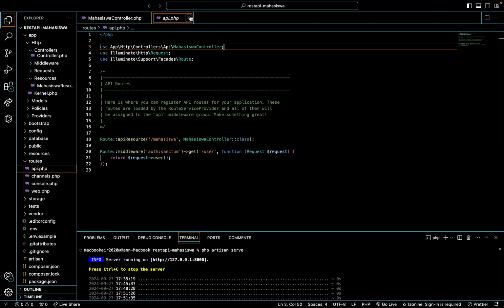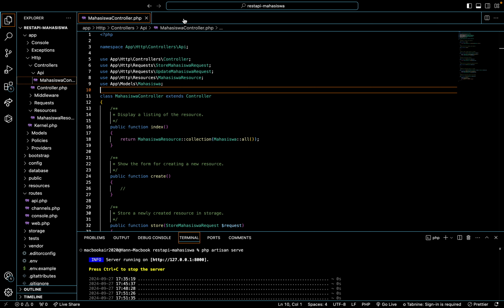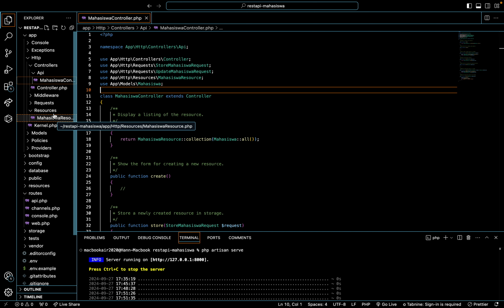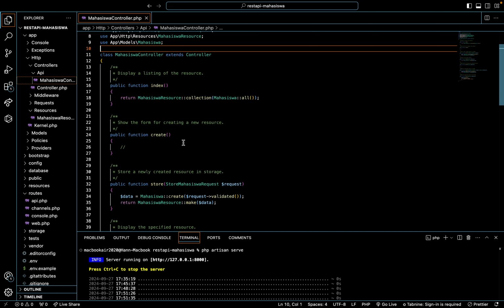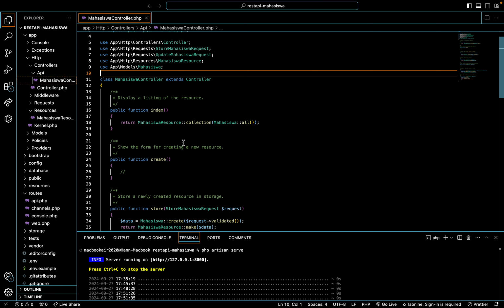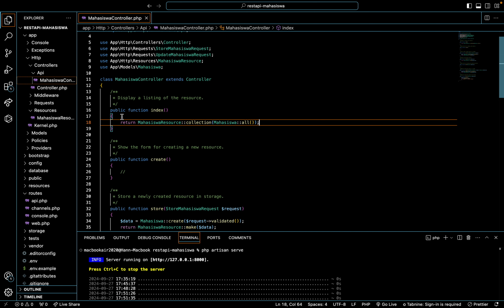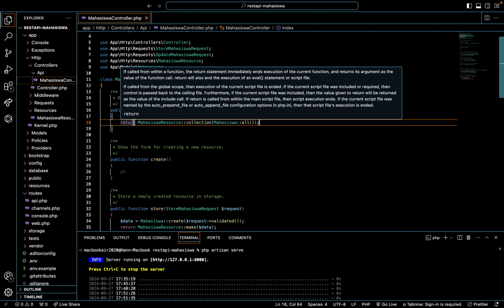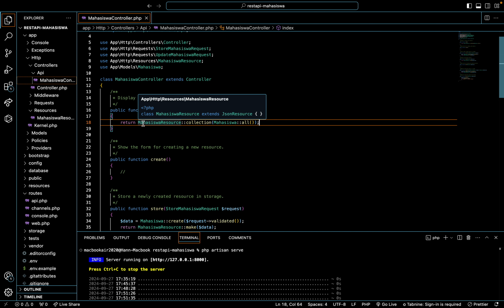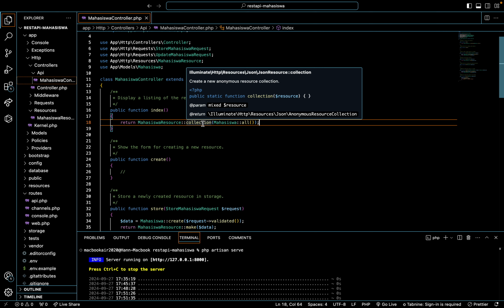Maybe I will delete this, and then we will go back to the mahasiswa controller, and then public function index. The first thing is you must fill in this: return mahasiswa research collection mahasiswa all.